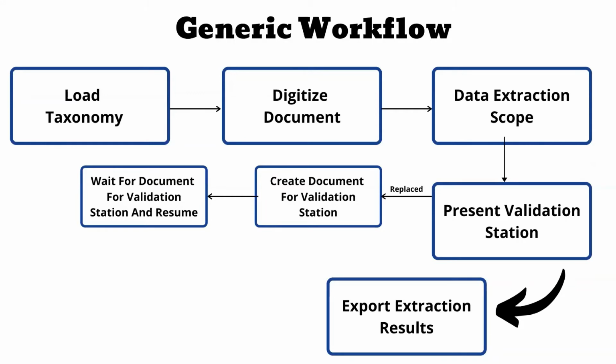Now, after you have the document object model and the document text, which is the output of digitized document, we extract the data. Now, data extraction is done using different extractors. The available extractors in document understanding in UiPath are: the first one is regex, regular expression. It is used when you have completely structured data.